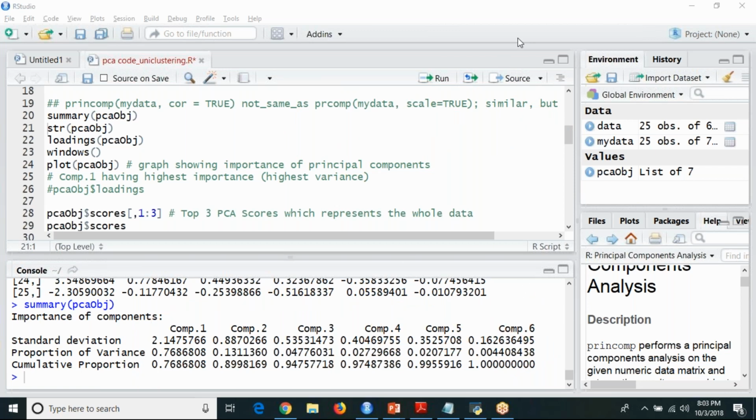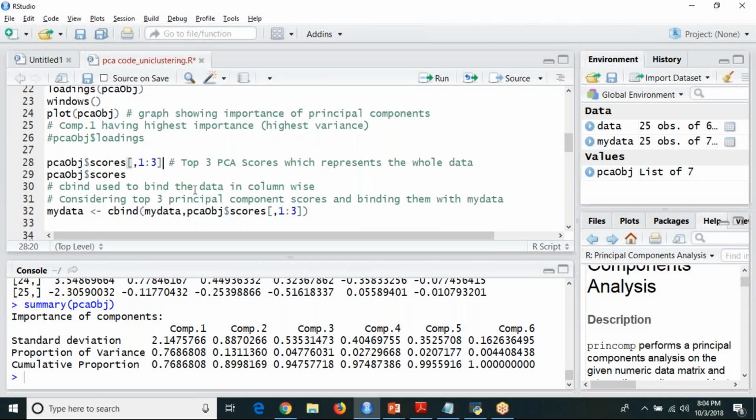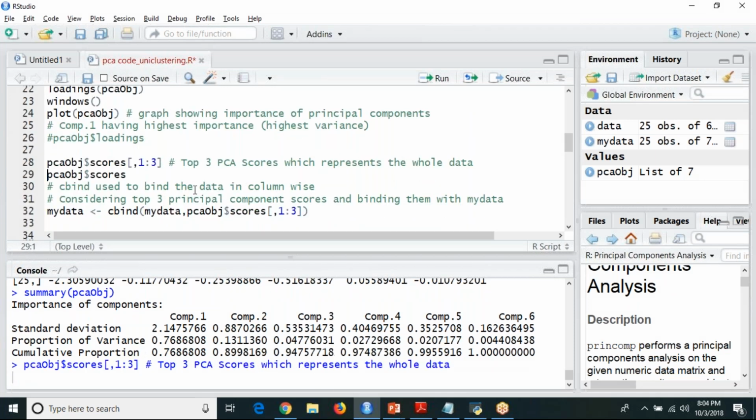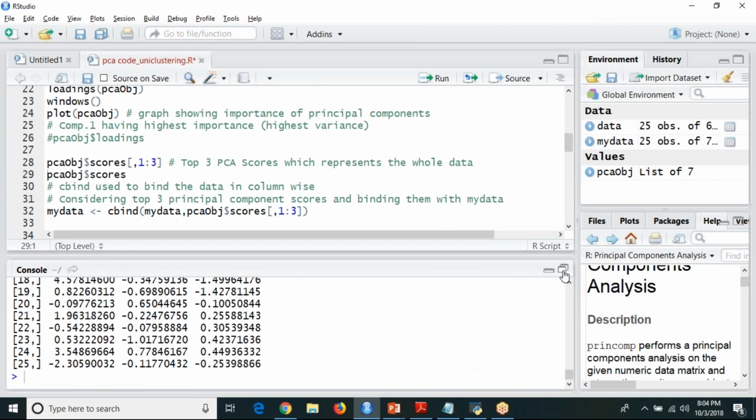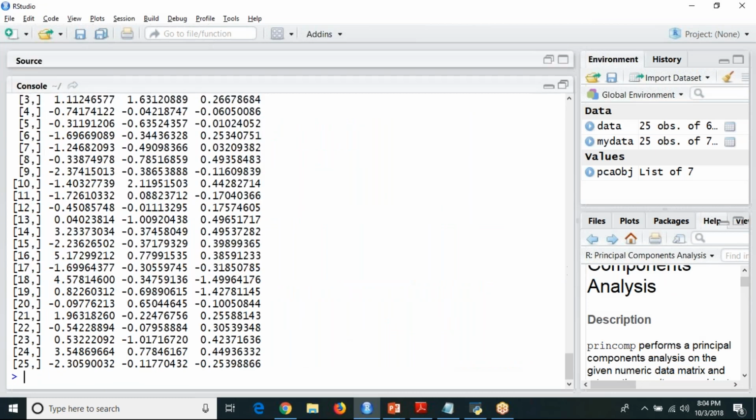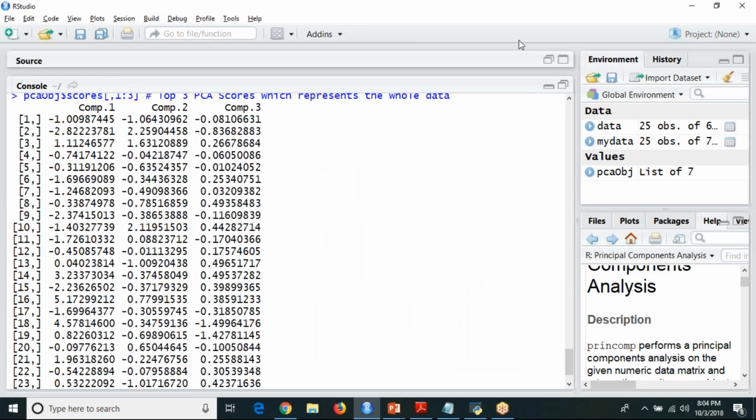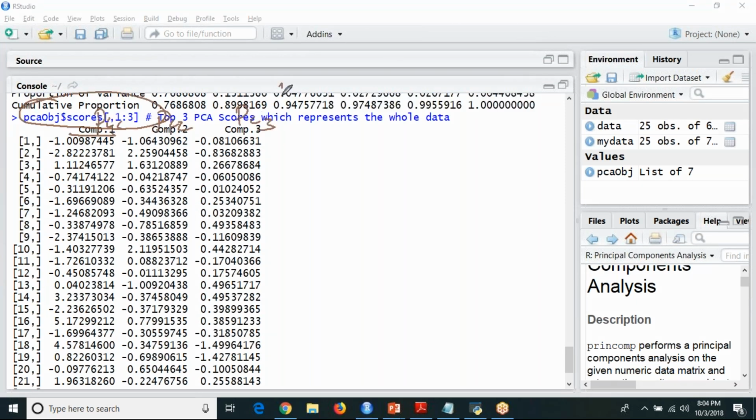See here, I'm going to choose only PCA OBJ dollar scores. See this line of code I'm executing. I'm going to choose only these 3 columns, PC1, PC2, PC3. I'm going to combine these 3 columns into my original data set called my data.